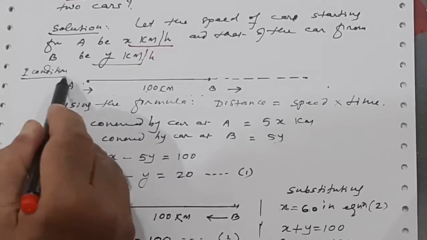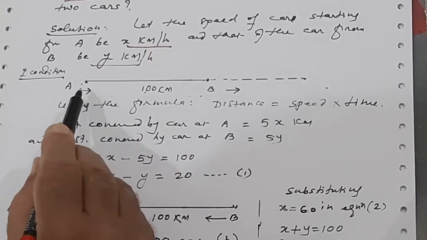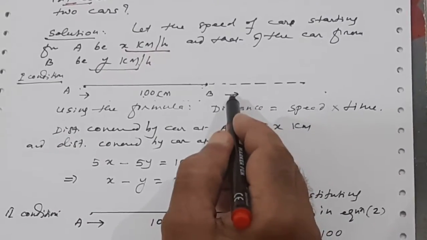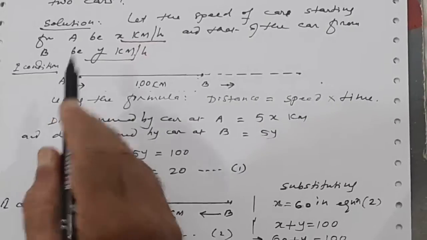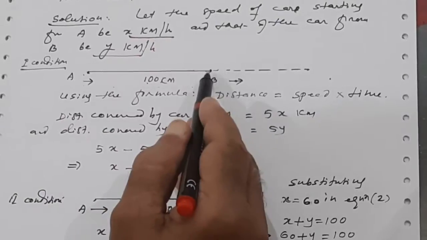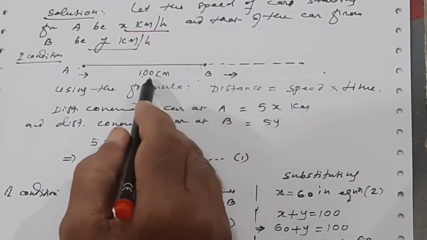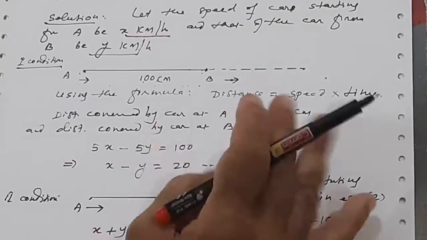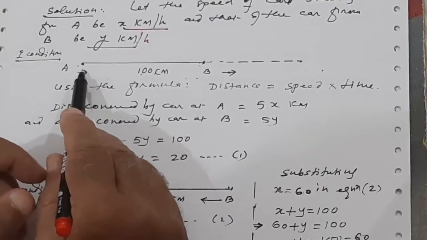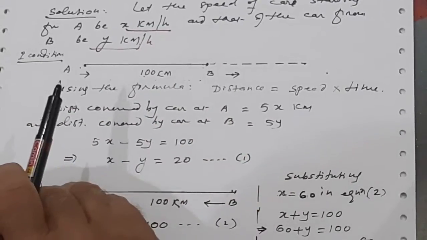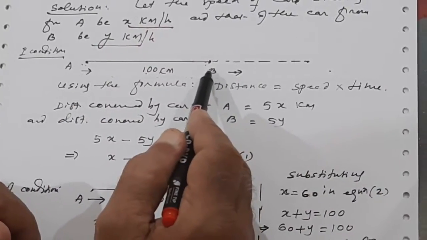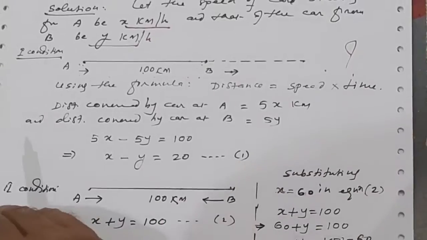By the first condition, this is the first condition diagram I have shown you. So A and B, now they are traveling in the same direction. Suppose B is traveling to the right, A is also traveling to the right. Remember that the difference between the cars is 100 kilometer, so that difference will always be there. Now A must be having the greater speed, suppose, and B the lesser speed. So obviously A is going to meet B somewhere here.